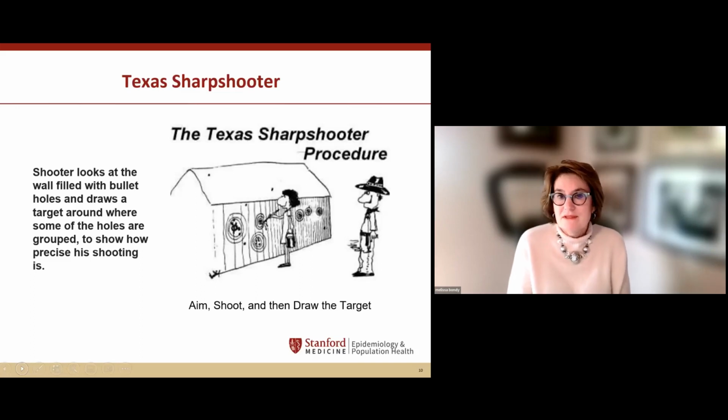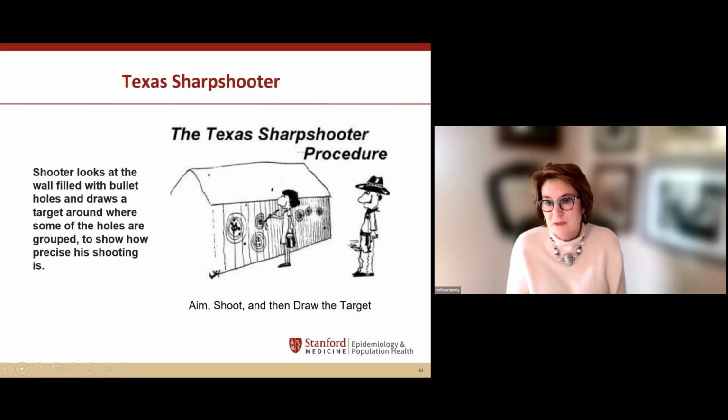So we often think of this phenomenon when we look at clusters that it's a Texas sharpshooter effect. And this is where we aim, shoot, and then draw a target. And you can see that we could draw the target around different areas, and it would just be looking at a wall with the bullet holes, and the person investigating could just keep on drawing these targets around these areas. But it's really not a real cluster, but it's this effect that we've called the Texas sharpshooter effect, where you draw the target around where you think maybe this cluster is occurring.